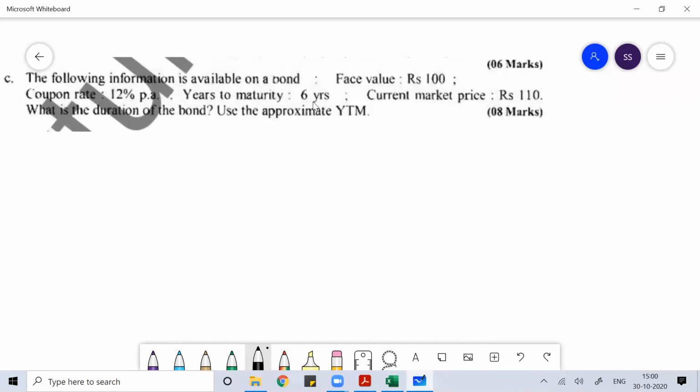Whenever they ask you to calculate the duration, try to calculate both Macaulay and modified. Logically, in the question paper, they should mention whether you need to calculate Macaulay or modified. If they ask you modified, then by default you have to find the Macaulay, because without Macaulay you cannot find the modified duration. Since it is not mentioned clearly, we'll do both calculations: Macaulay and modified duration. So if you see in this problem,